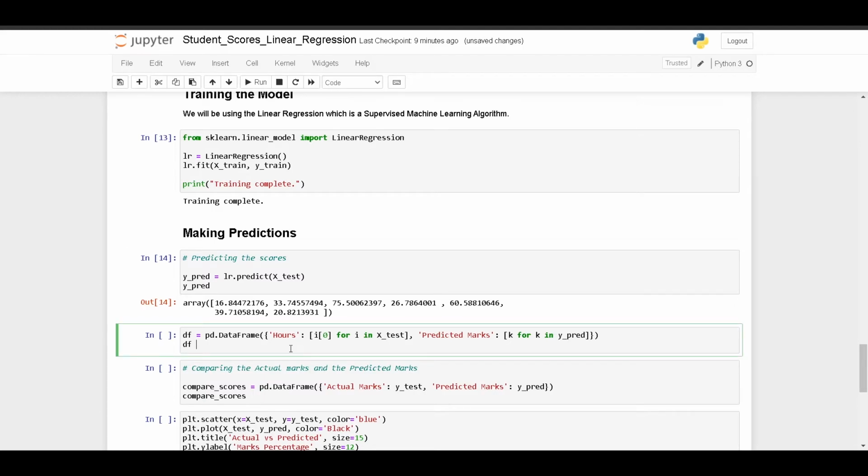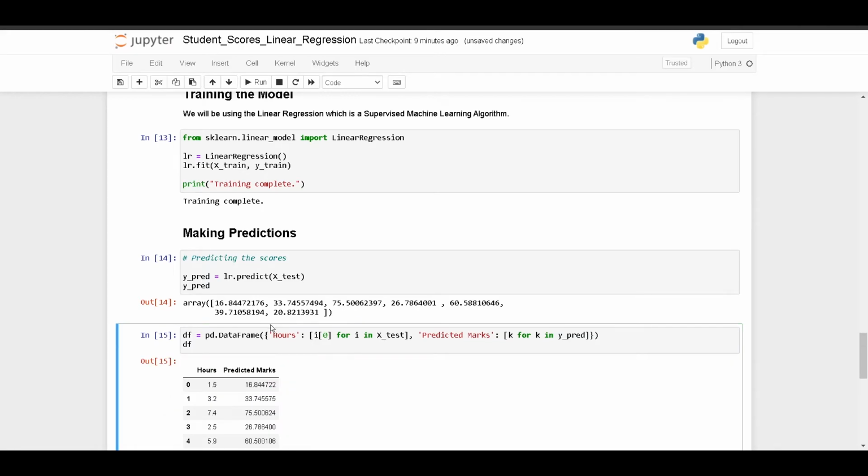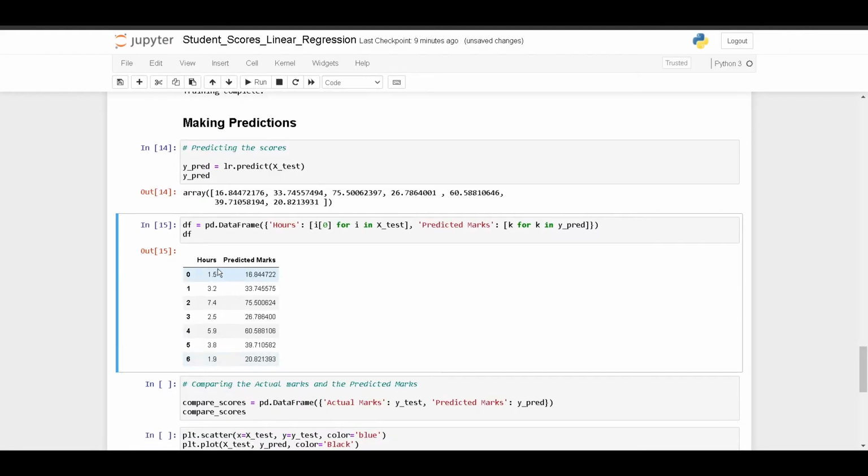I have then used pd.DataFrame for basically showing the input values that we have provided in X_test and the marks that it has predicted.